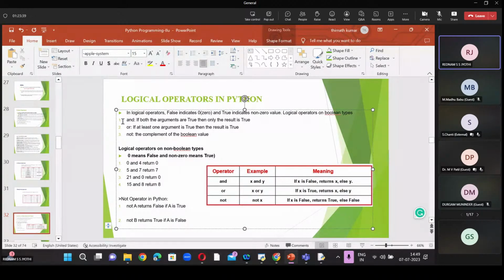In an AND operation, if both the arguments are true, then only the result is true, otherwise false. OR operation means if at least one of the expressions is true, then the result is true. And not is the complement of the Boolean value: if the expression is true, then not returns a false value. So these are all logical operators.